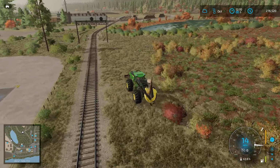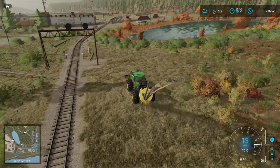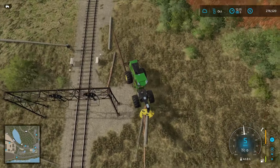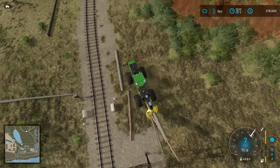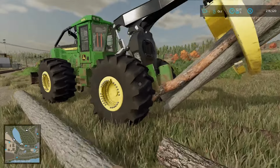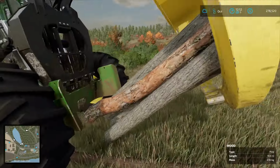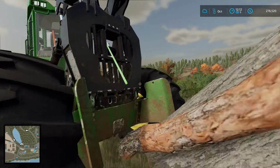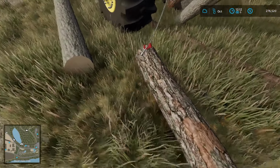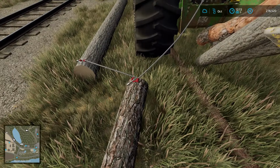And I also found out this feature, which I'll show you guys here. I did not know this existed. Apparently this skidder can attach stuff from up here. There's a winch. Look at that. So we have these logs here with us. We can actually grab a winch, attach it to something like this, and then we can take that and attach it to this, take that and attach it to,